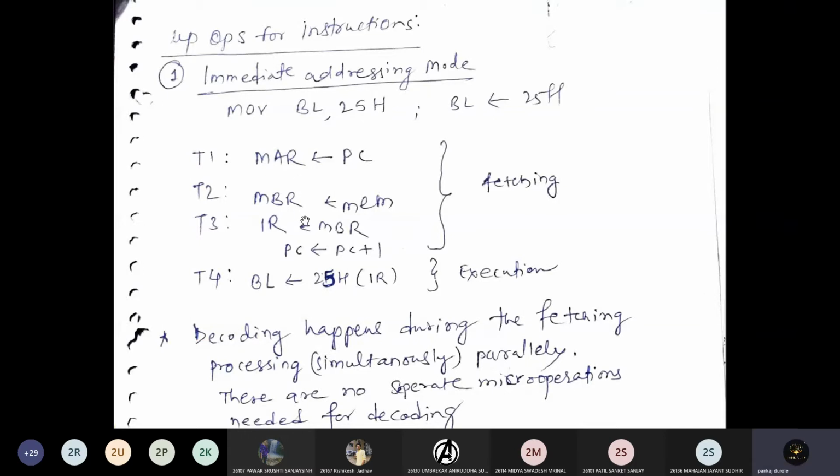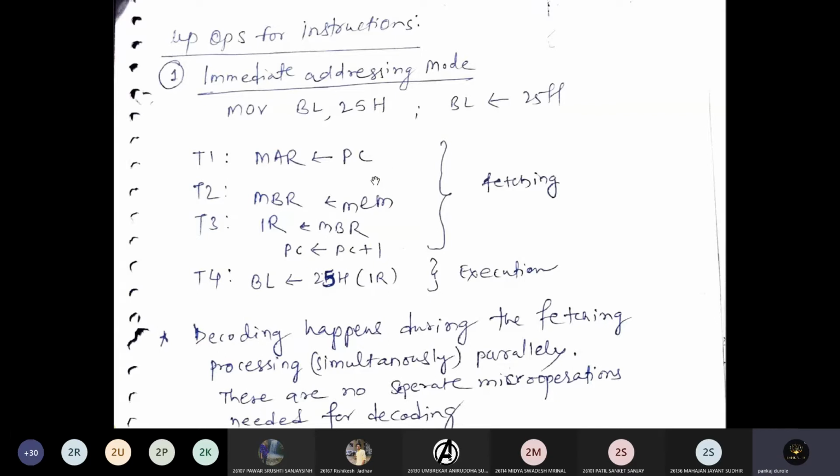In the second step, we will know the instruction as well as the operands. So we know the contents from the memory system: my instruction is MOV, my register is BL, with 25H as the other operand. So we know the contents of memory as of now.